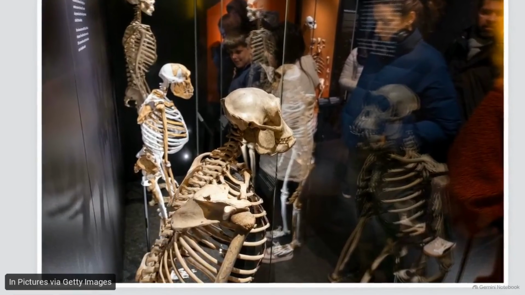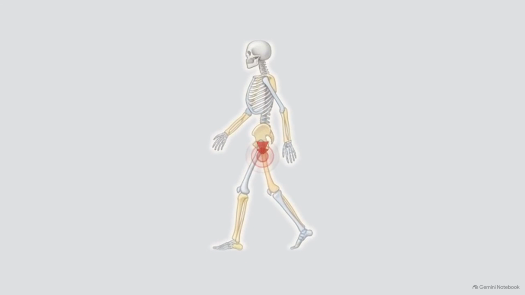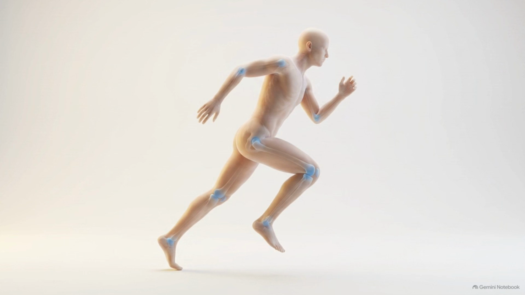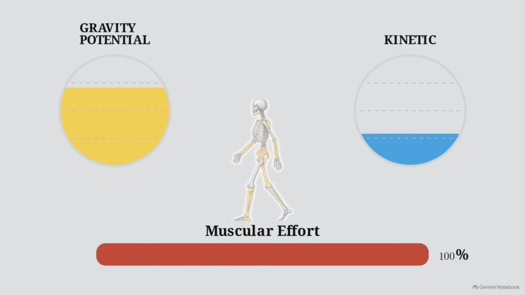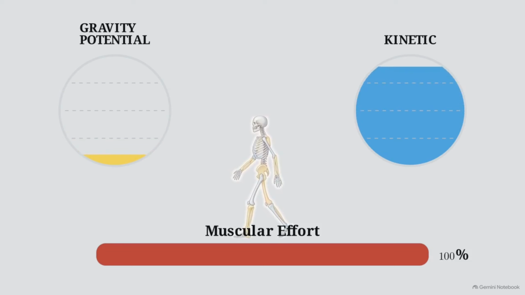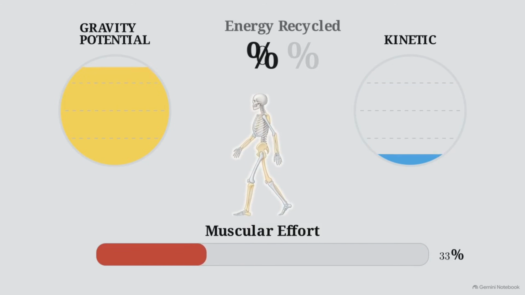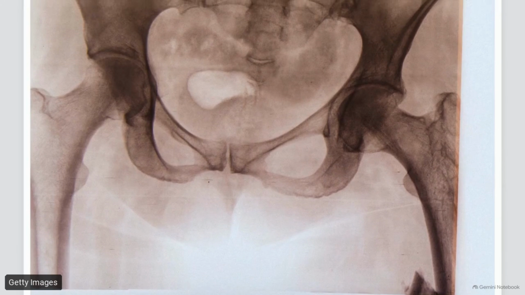Bipedal locomotion demands a highly specific mechanical compromise. The human skeleton must continuously support massive compressive forces from the upper body, while remaining flexible enough to allow for energy-efficient movement over long distances. To achieve efficiency during a standard stride, the body alternates between gravitational potential and kinetic energy. At intermediate walking speeds, this transfer provides up to 70% of the total energy required to move, leaving only 30%